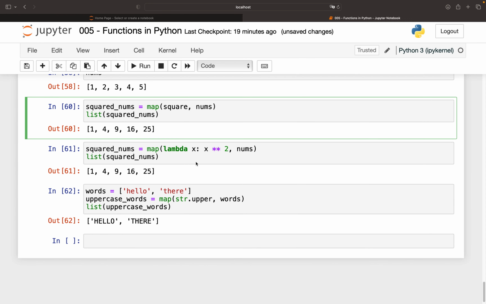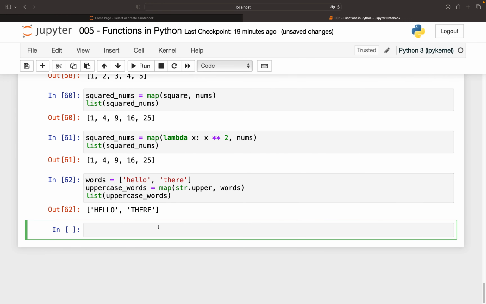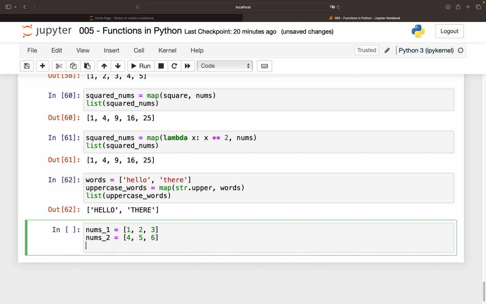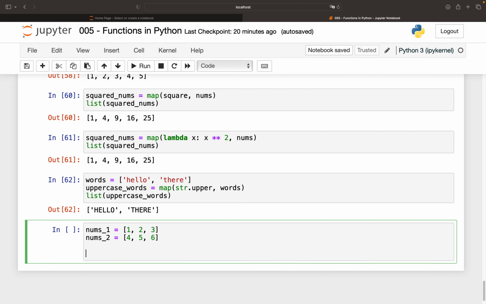Now there is another advantage with map, you can use more than one iterator. For example, let's say I have nums_1, which is, let's say, 1 2 3, and I have nums_2, which is equal to 4 5 6. Now I want to sum the first element with the first element. So like an element-wise sum I want to do. So how can I achieve that? So result will be